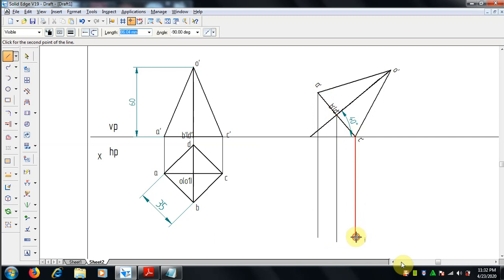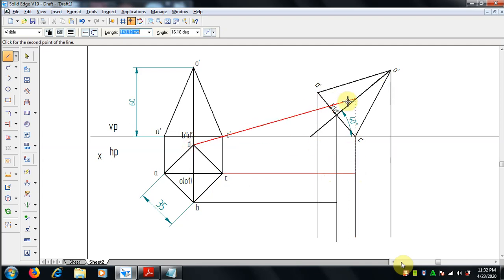Select the end point and then project it like that, O dash. Now project A with A dash, join B with B dash where it intersects, and C and C dash where it intersects, stop over there.